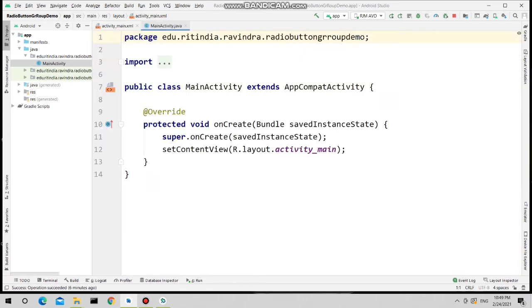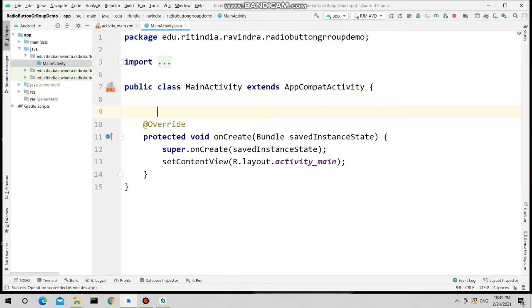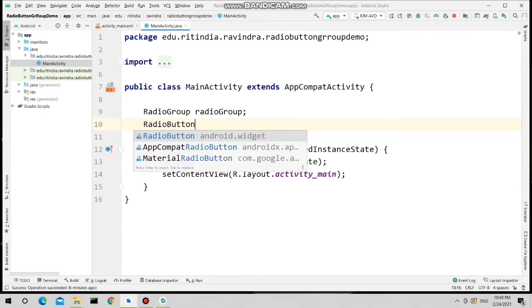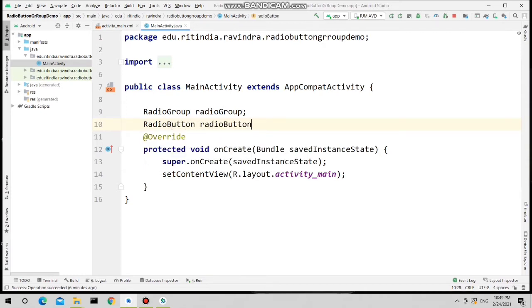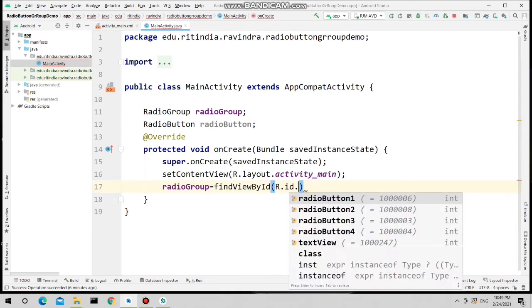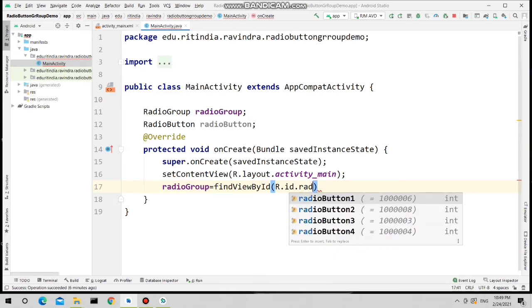Now just write the logic. First create the object of radio group, and create the object of radio button. Now see, I am retrieving the ID of the radio group.